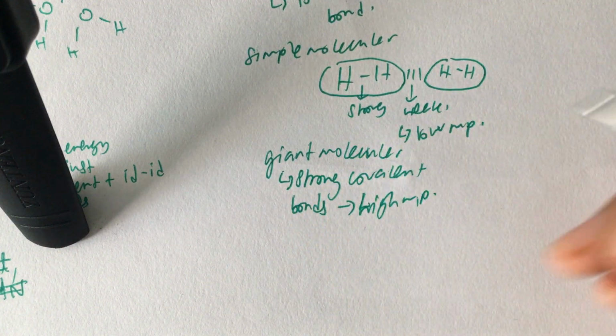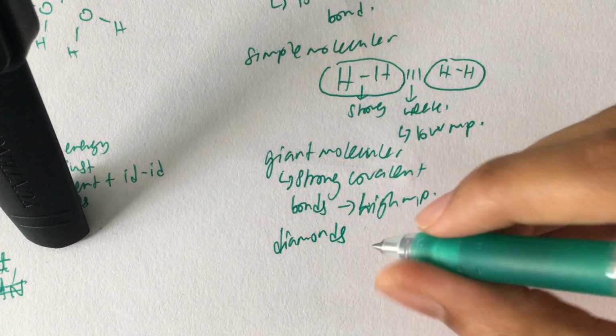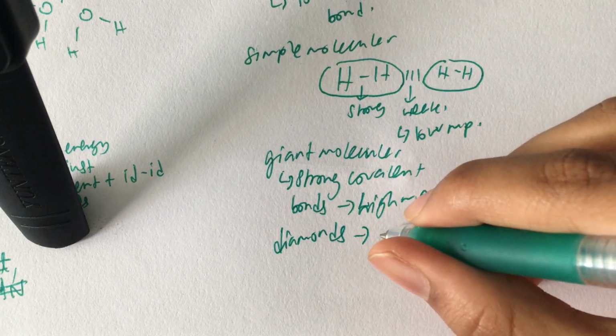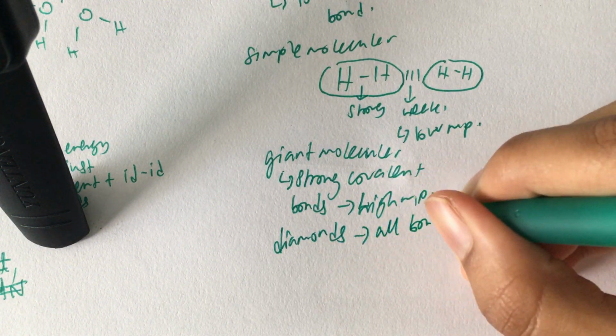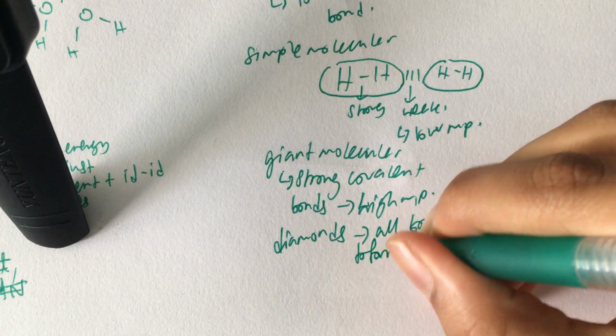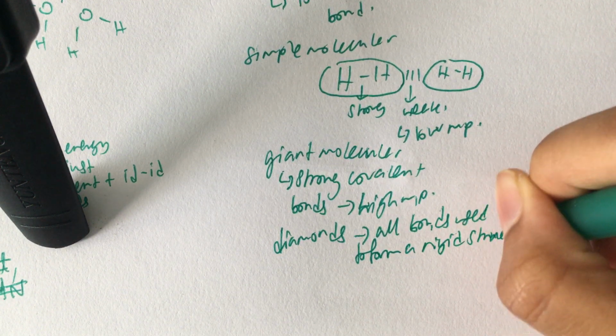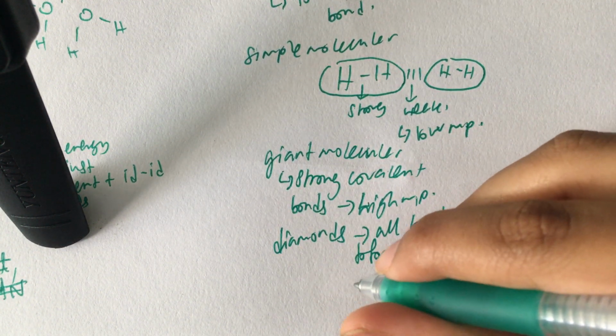So that's why it's very hard to destroy diamonds. They have really strong covalent bonds. And of course, the difference between graphite and diamond is that graphite has layers of carbon atoms, and that's why graphite is quite soft. Between the layers there's very weak bonding, but within the layer it